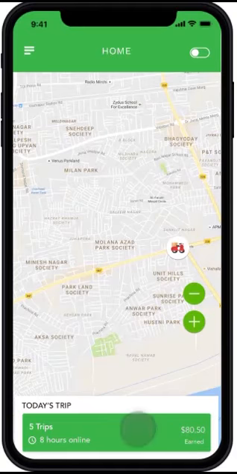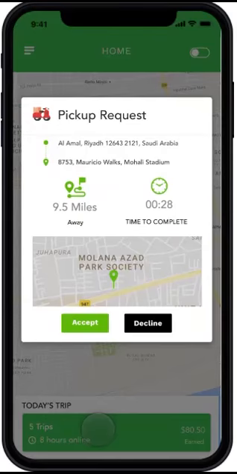Here on the home screen there is a map on which your current location is shown, where you are standing, and then you will have a trip over here, a 2-day trip. The admin will assign you the work, which is to deliver the order to the customer location. You need to pick up the order from the restaurant, then deliver the order to the customer location. For this, the admin will send you the request.